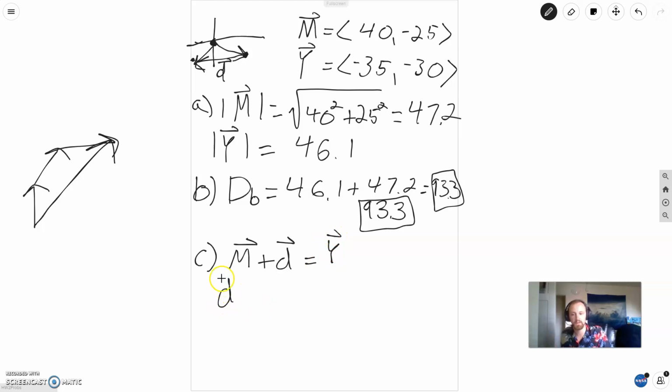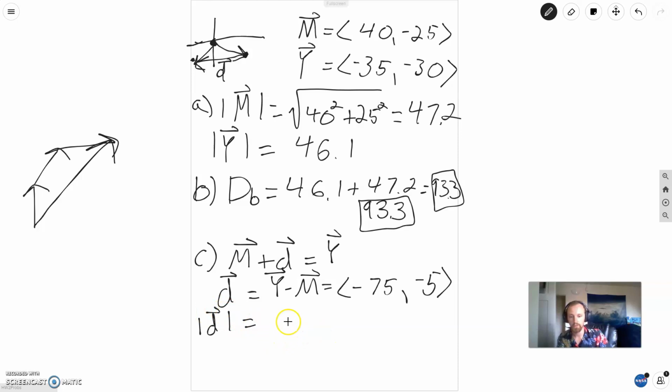Or I can solve for D, since I know m and y. D equals y minus m, which equals negative 75, comma, negative 5. Now if we want to know how far we're walking, I just need to take the magnitude of this. So the magnitude of D equals the square root of 75 squared plus 5 squared. And that's going to equal